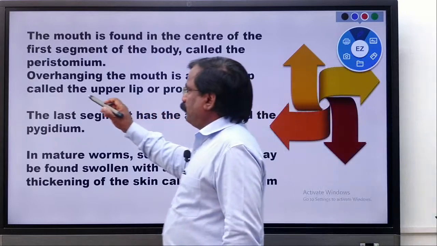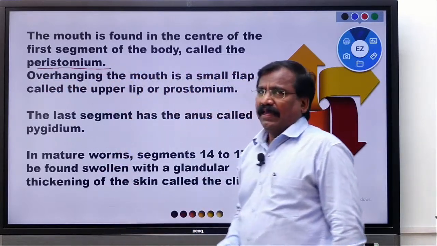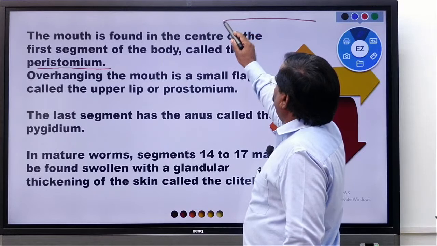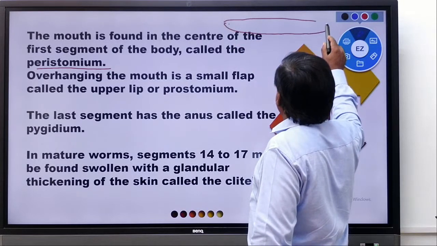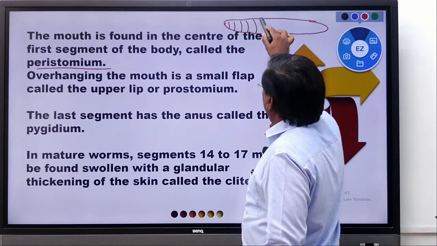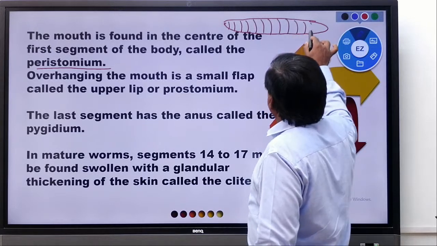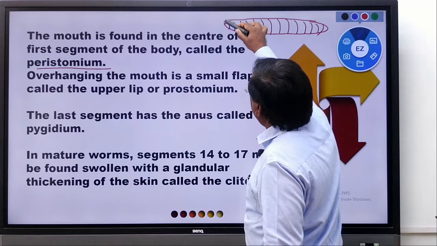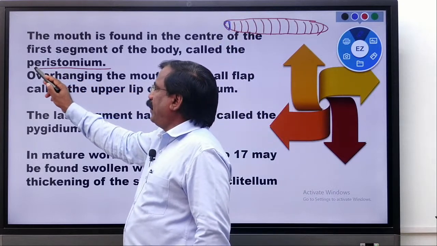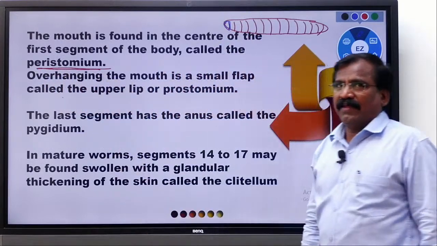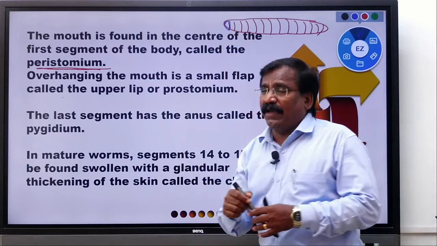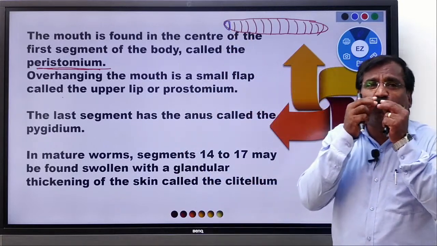What is peristomium? That first segment of the earthworm. Listen, all of you, this is the earthworm, this is the anterior and this is the posterior side, metamerically segmented. And the first segment is called peristomium. In the first segment, there is a lip-like structure, the mouth, where we have something like an upper